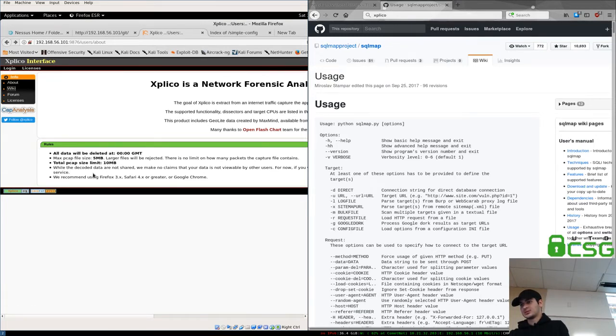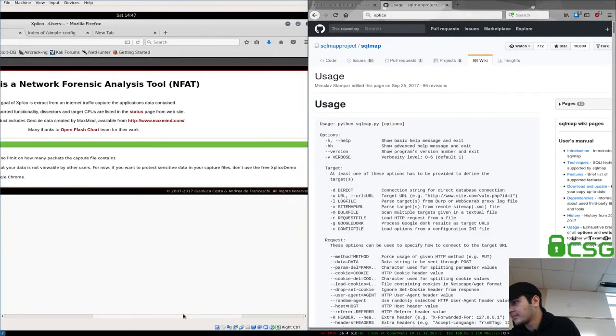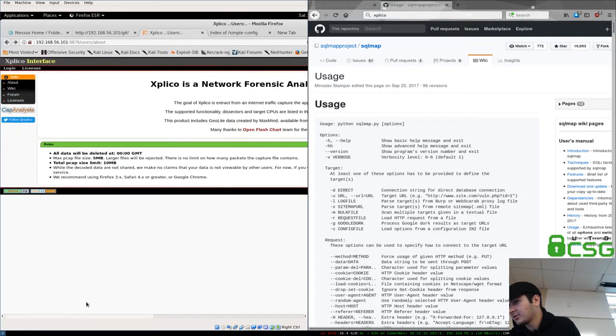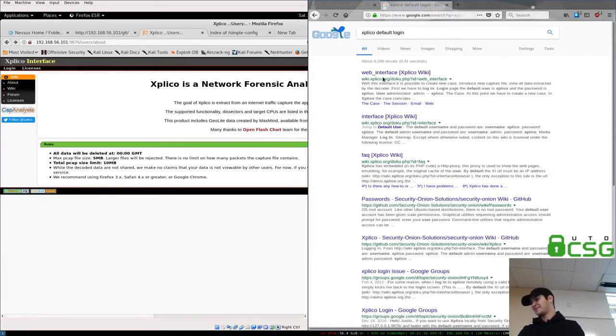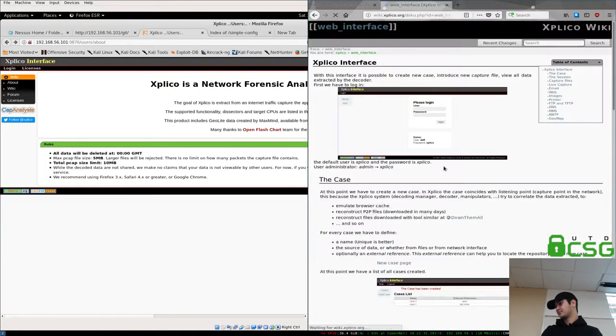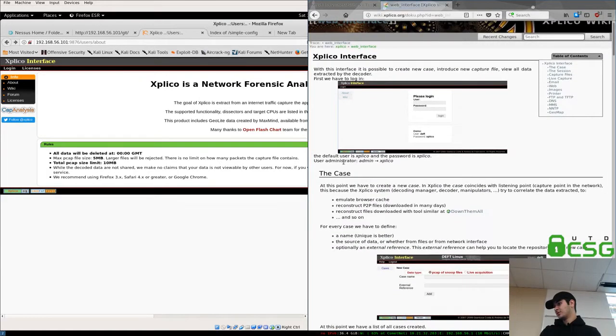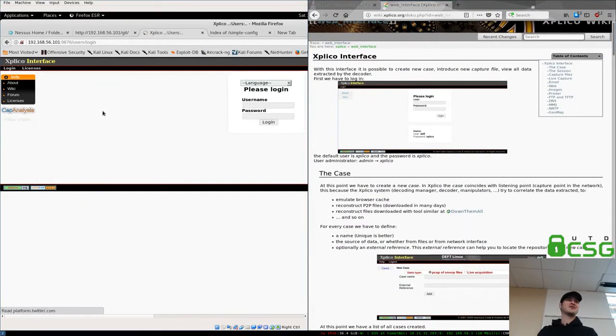So, PCAPs total, all the data has been deleted. Max PCAP size, there's no limit. It looks like there's an upload of total PCAP size if there's a limit, max file size. Let's look up a default login for the web interface. The default is admin, so we're going to try to log in here. Admin,